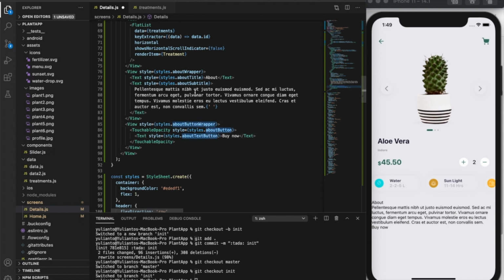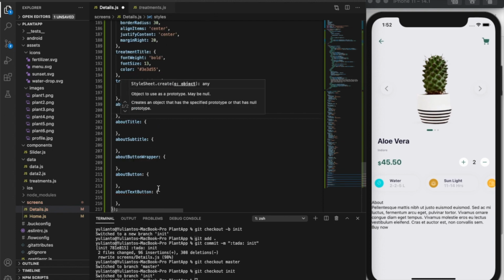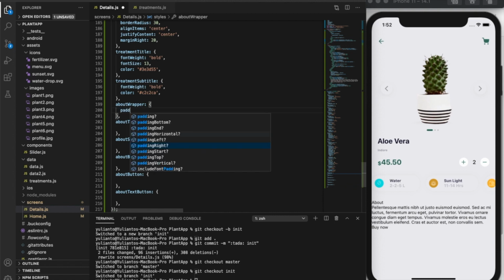Copy all of this and we're going to create a style here, and about wrapper I'm gonna add some padding horizontal 20,